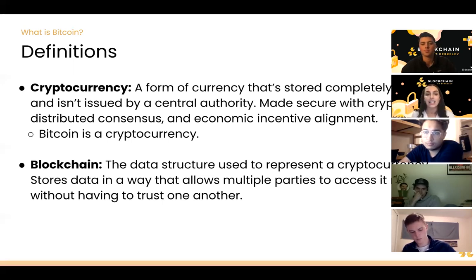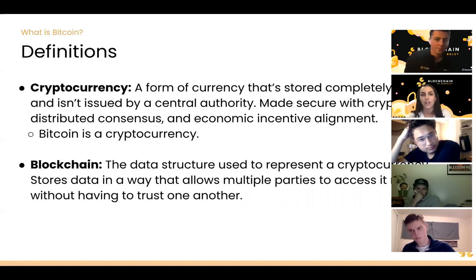And it's this data structure, this blockchain, that cryptocurrencies are built upon. Blockchains are able to store data in a way that allows multiple parties to come together, look at that data, and access it reliably without having to trust one another. This is a pretty big issue when you think about the mechanics of storing data and how you can share that data with other people. So it's a pretty large feat that blockchain is able to overcome in order to get people to access the same data without having to trust the other person.